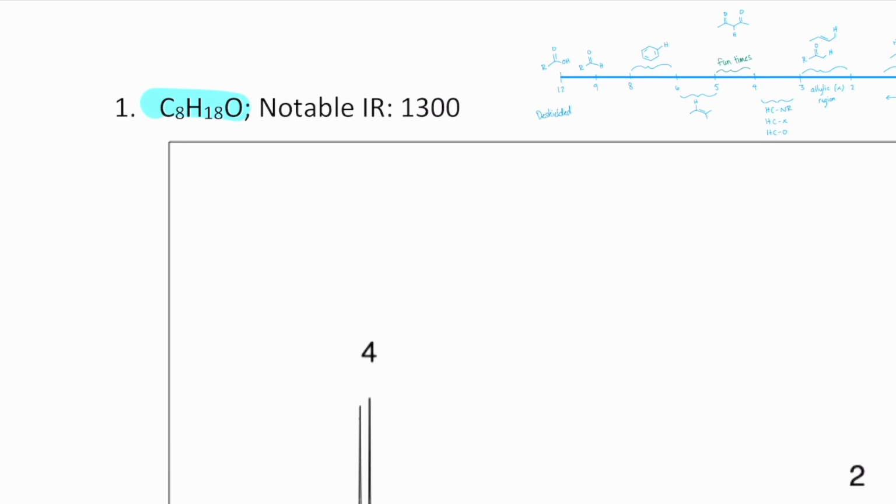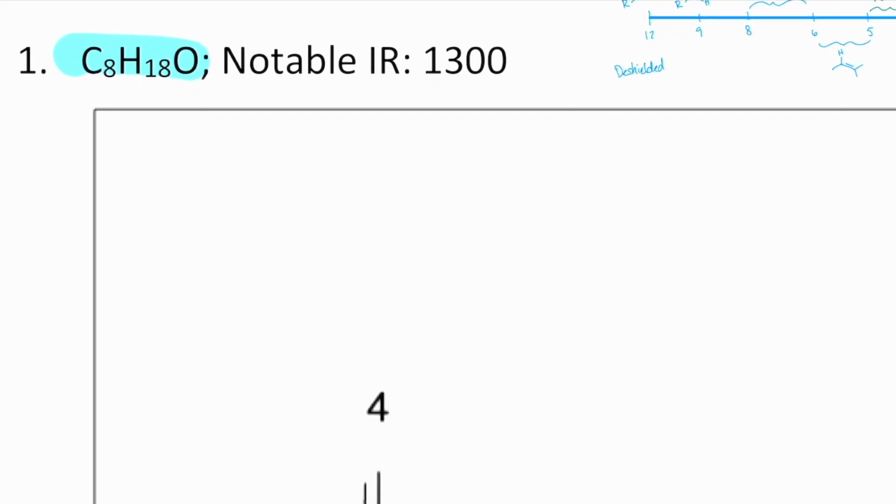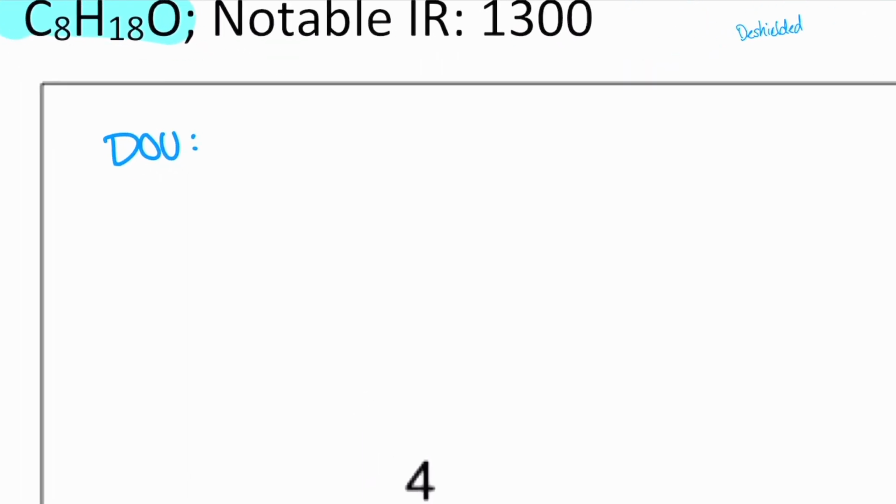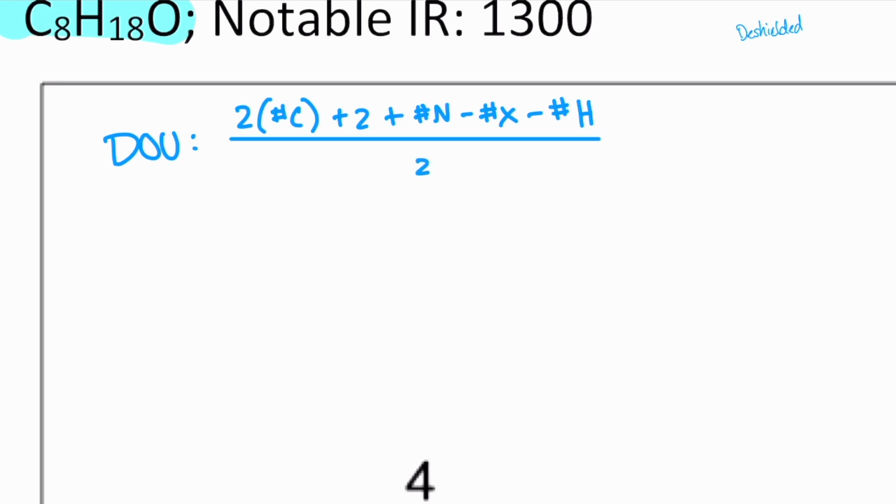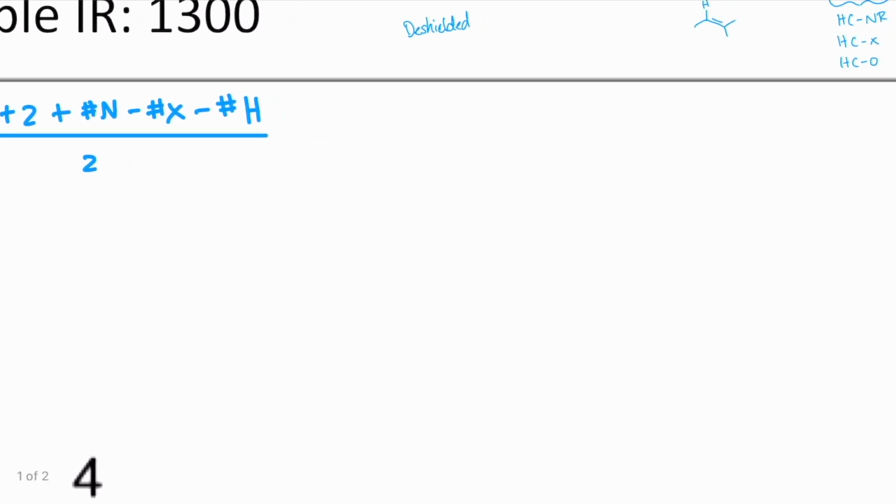The first thing to always do is look at your chemical formula and figure out the degrees of unsaturation. This tells you how many unsaturated things you have in your molecule. To do this, you take 2 times the number of carbons plus 2, then add the number of nitrogens, minus the number of halogens and minus the number of H's, all divided by 2. I often write it as 2C plus 2 minus H,